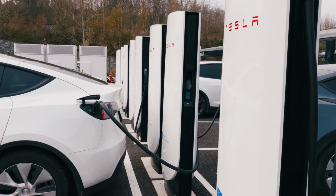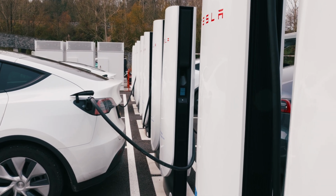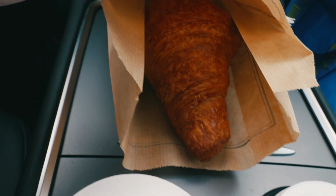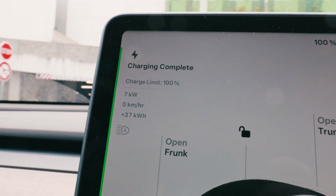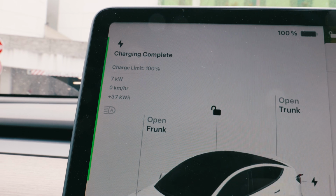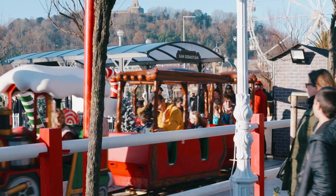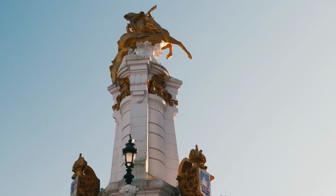It was a nice V4 charger near a shopping mall, but it was quite a busy one. I guess everyone who was driving to Spain was stopping here. We got some more croissants from Paul Bakery and charged to 100% in 25 minutes. After entering Spain, we also visited and walked around a coastal town of San Sebastian, which was pretty nice, before